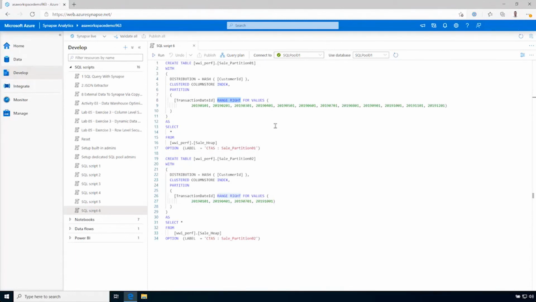When creating partitions on clustered column store tables, it is important to consider how many rows belong to each partition. For optimal compression and performance of clustered column store tables, a minimum of 1 million rows per distribution and partition is needed. Before partitions are created, dedicated SQL pool already divides each table into 60 distributed databases. Any partitioning added to a table is in addition to the distributions created behind the scenes. Using this example, if the sales fact table contained 36 monthly partitions, and given that the dedicated SQL pool has 60 distributions, then the